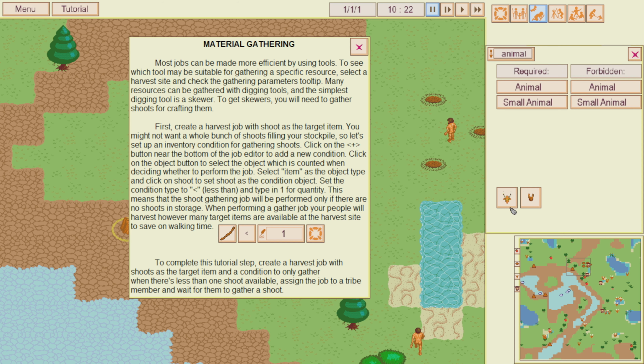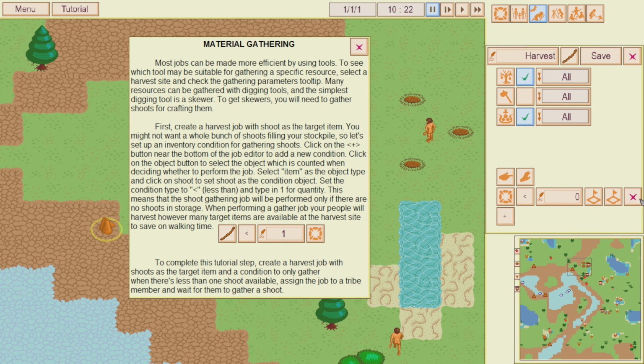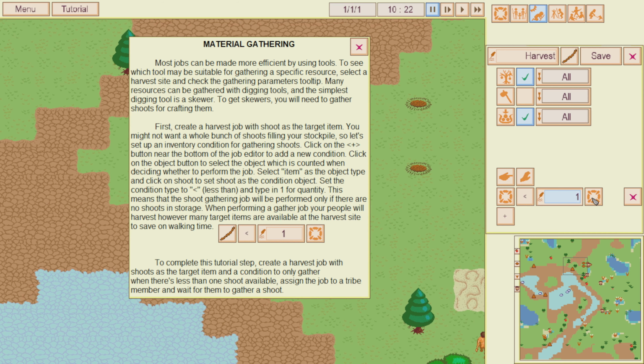So do we need to click? No. Do we need to click here? No. Okay, we'll just click a new one, and then we'll have one here. How do we... Do we need to set you to...